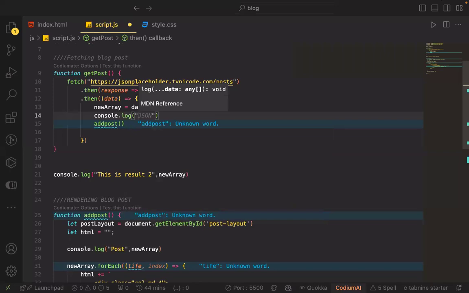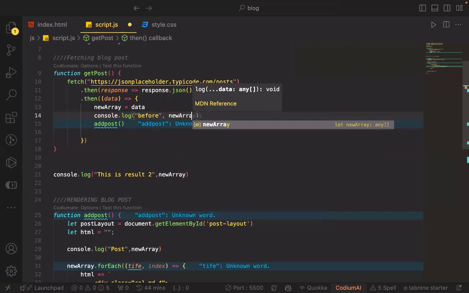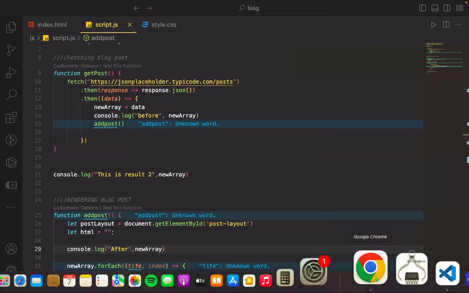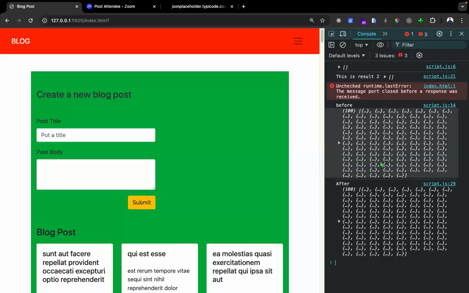Let's say before. Okay, before. So by the time we do, we have new array, and we save it. And let's put this one after. Okay. After. So you can see that when the code is initially running,